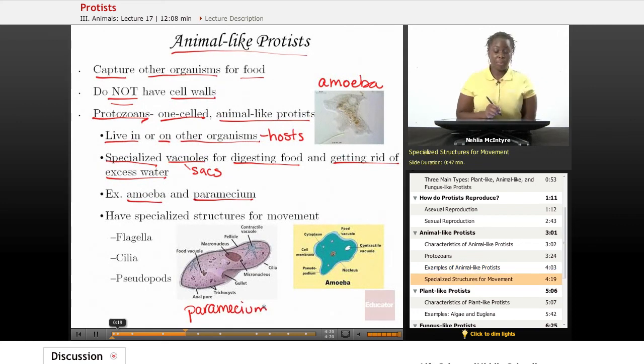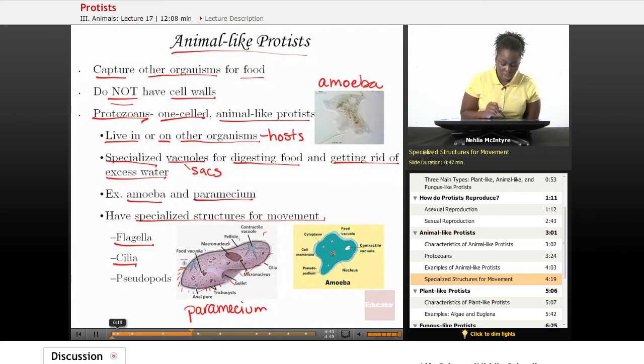Now, some animal-like protists have specialized structures for movement. They must move because they have to capture their own food. So here are three specialized structures that protists use for movement. They can have the flagella, which is like a whip-like tail. They can have the cilia, which are like little hairs that surround the outside of the